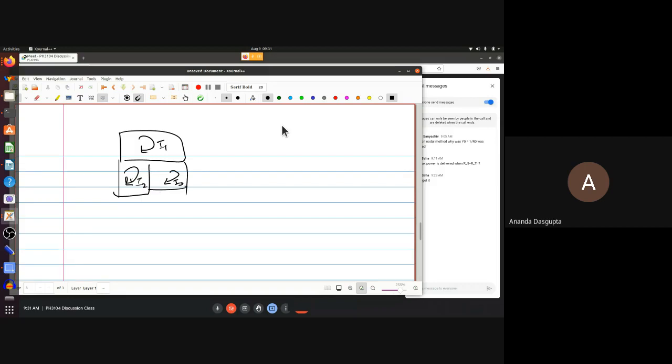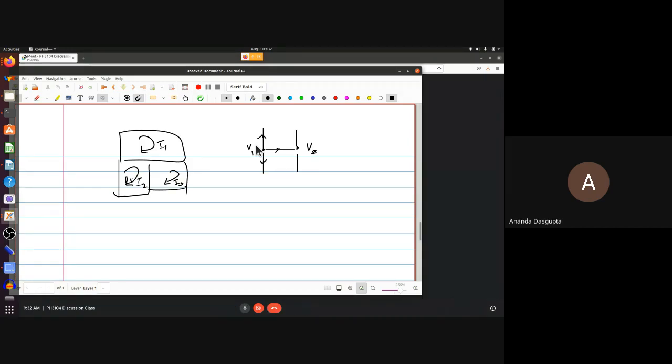Similarly, for Norton's method, what you're doing is identifying various nodes and giving them some voltages. And then you are saying that the net current flowing out of every node will be zero. That's how you write down your Norton nodal equations. That can be done easily, except for this point. If you have a voltage source in your circuit, that messes things up, because you cannot say beforehand how much current will flow through it. Just like for a current source, it's only the current which is fixed; the voltage across it could be arbitrary.